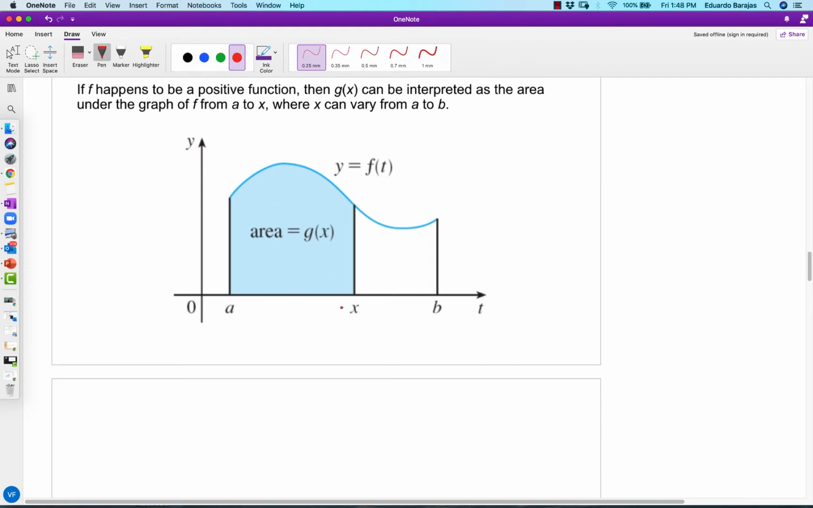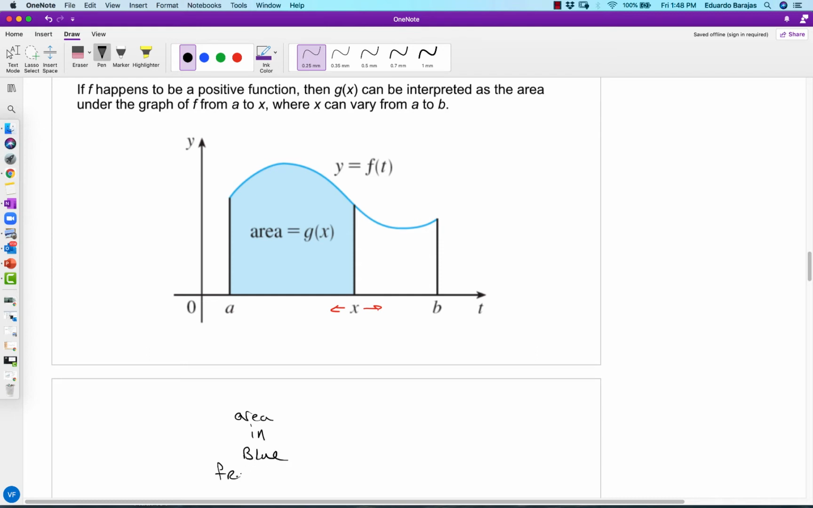Imagine that the x gets to move left and right, right? So as it moves left and right, it'll trap a different amount of blue area. As it goes this way, it traps more blue area. As it goes this way to the left, it traps less blue area. So if we defined that g of x function to be the area in blue,